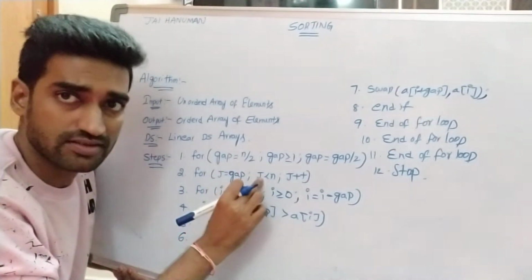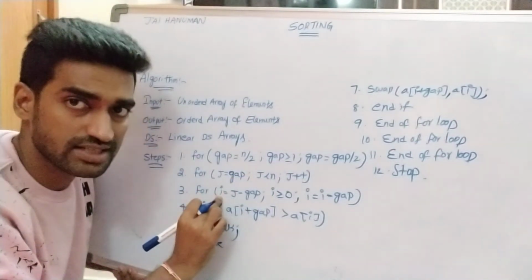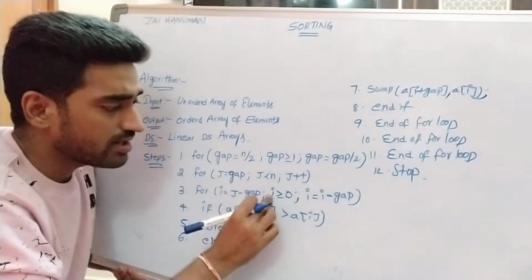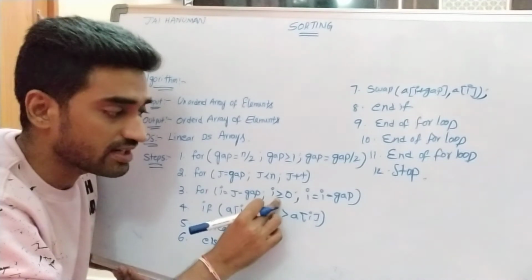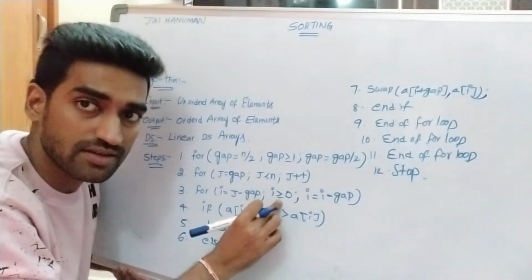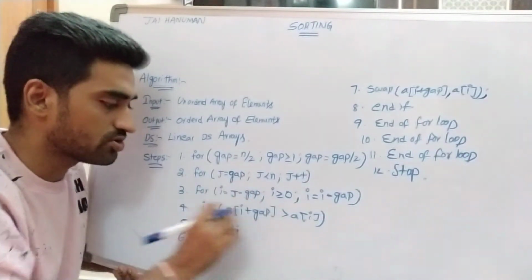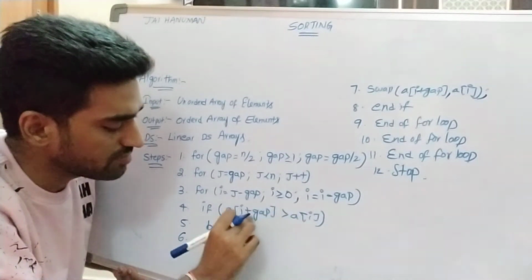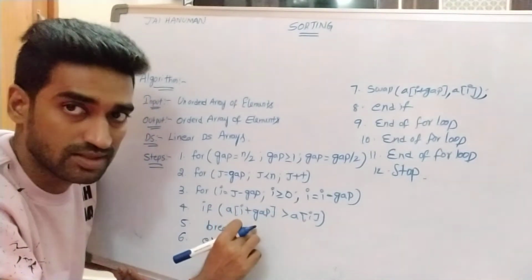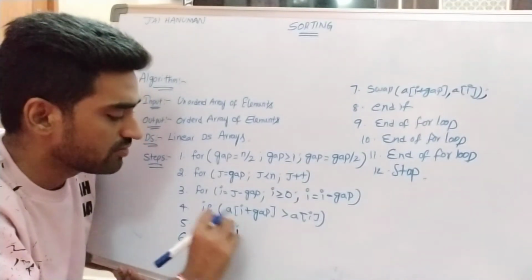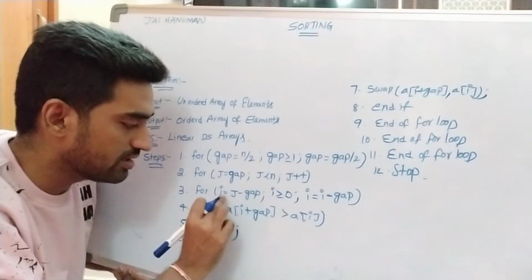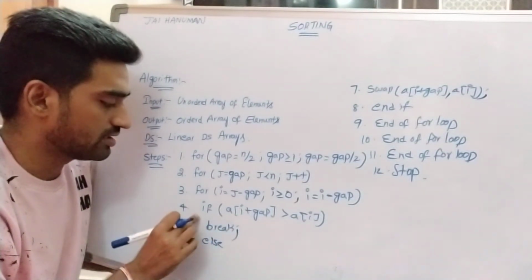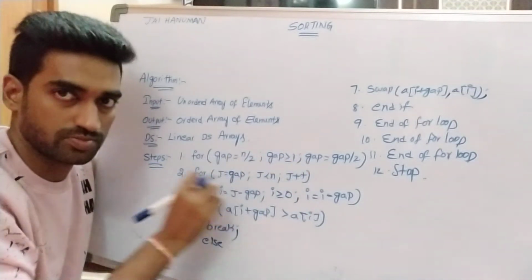Then we check this condition. When this condition becomes true, we check one more condition, that is i. For the i value calculation, j minus gap is performed. Then the i value is compared to 0. Once greater than or equal to 0, this condition becomes true. We check one more condition in this loop, that is a of i plus gap greater than a of i. Here, when this condition becomes true, we perform break. What is the meaning of this statement? Once we place break in the loop, the control is immediately suspended from this loop and moved to the outer loop.